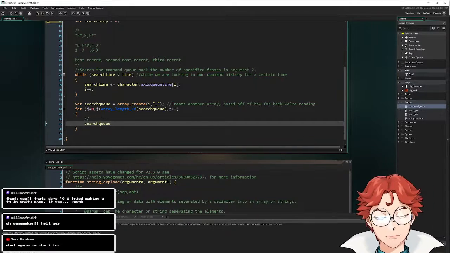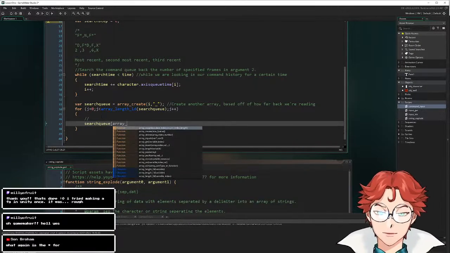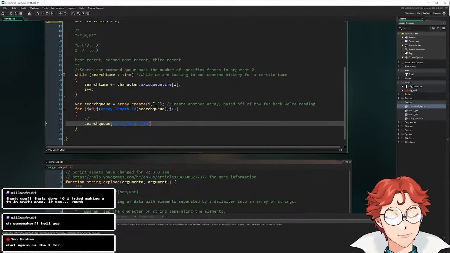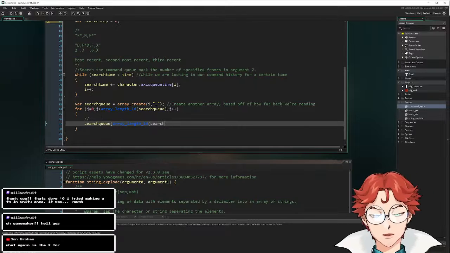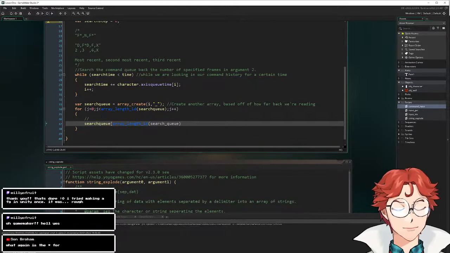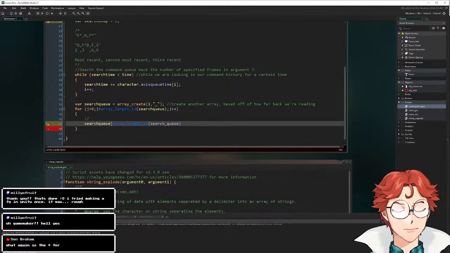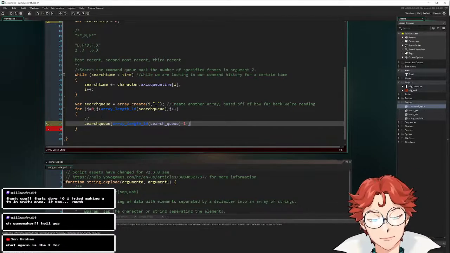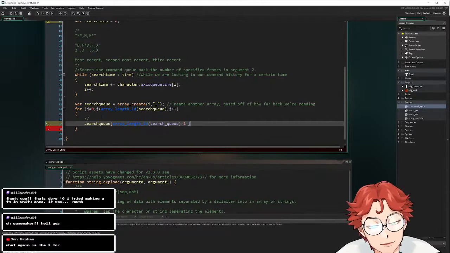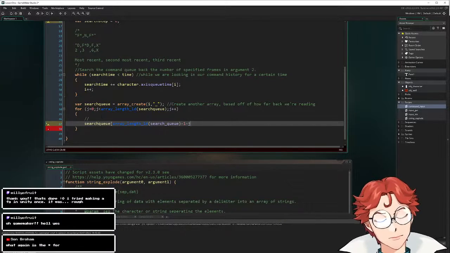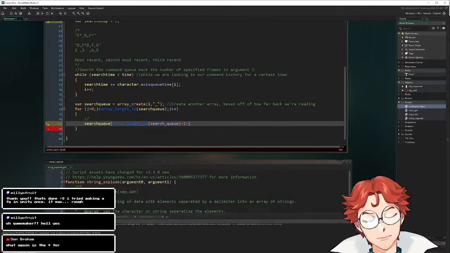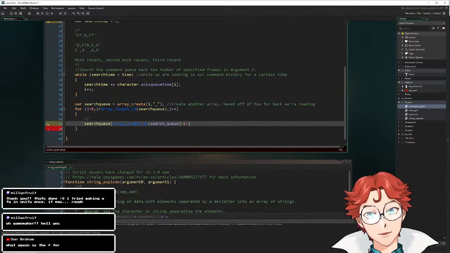Search queue, array length, one dimensional, search queue, -1 minus j. This essentially just means a step in the opposite direction. Hence, we have all the subtraction here. We are starting from the end, which is what the -1 here is, an array length of 3